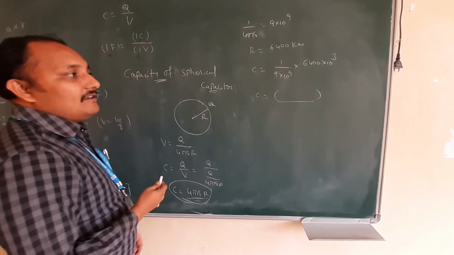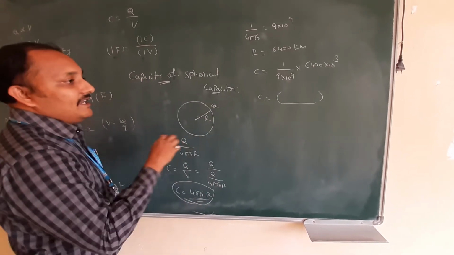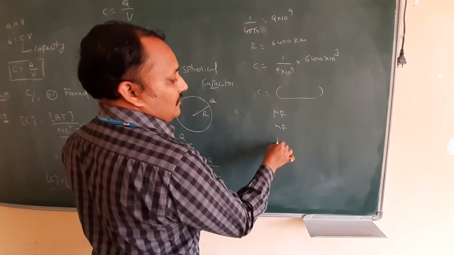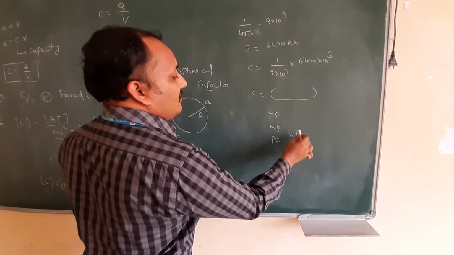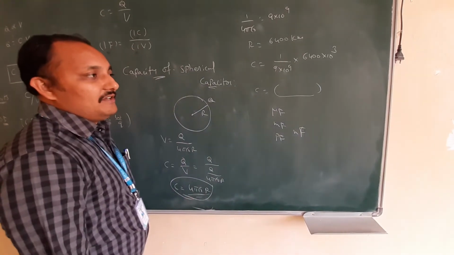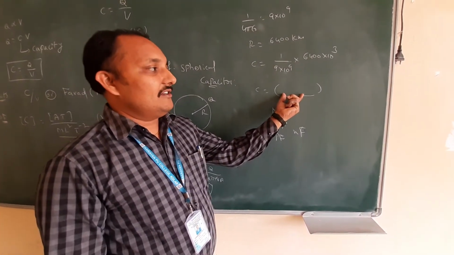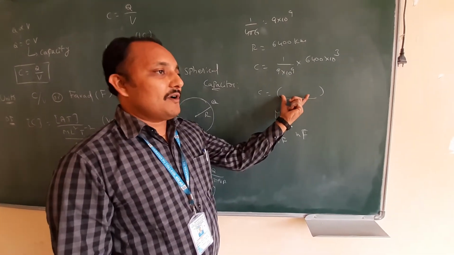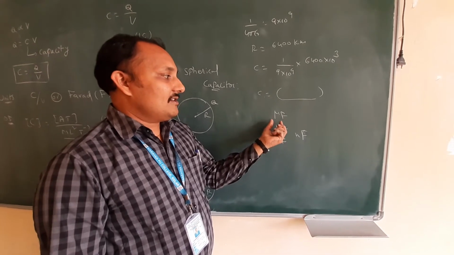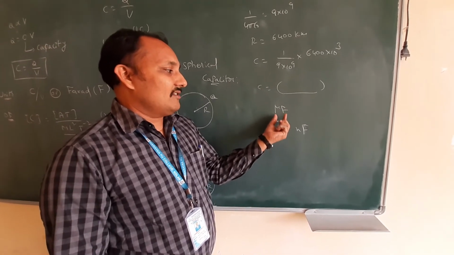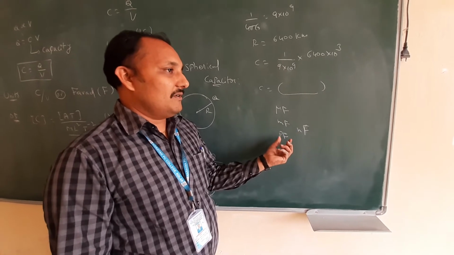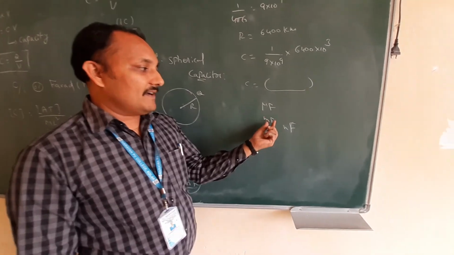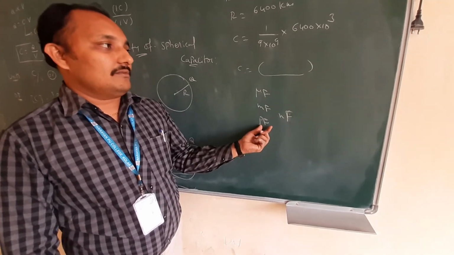Therefore, the capacity of any device we will take in microfarad, millifarad, picofarad, or nanofarad. Among these only we will discuss. Just try to calculate this value, you will be getting a very small value. Means this much big Earth has a very small capacity value. Therefore, the capacity of any device they will measure in microfarad, millifarad. So many problems we will do, but you won't see 1 farad or 20 farad, they won't give. Only in microfarad, millifarad, nanofarad they will give. Okay.